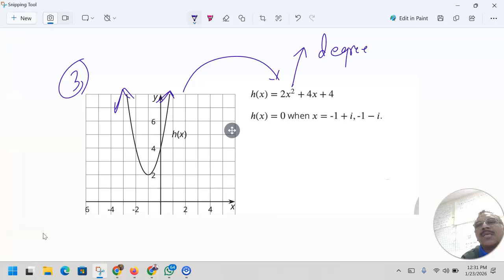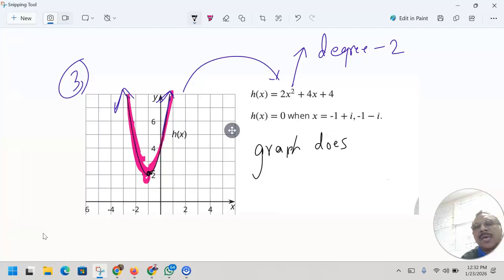But how many solutions are there here? How many real solutions are there? Clearly the graph that you see does not even cross the x-axis. So it takes a turn right here. Because it does not cross, I will say, hey, this graph does not cross